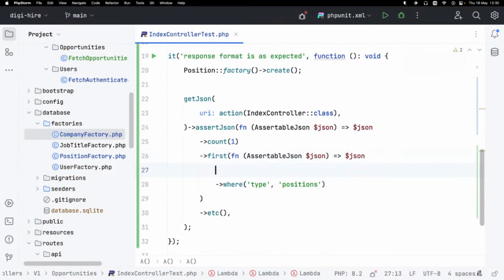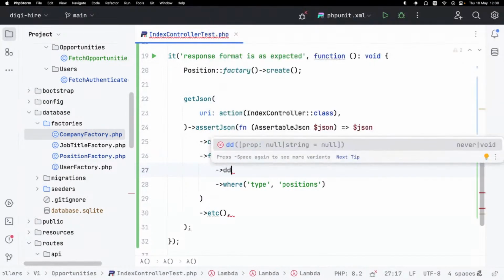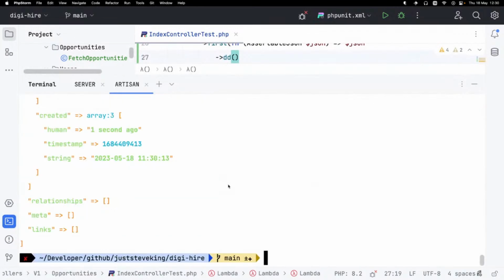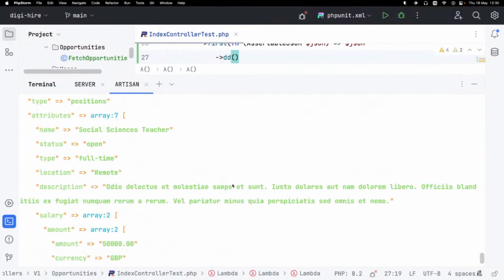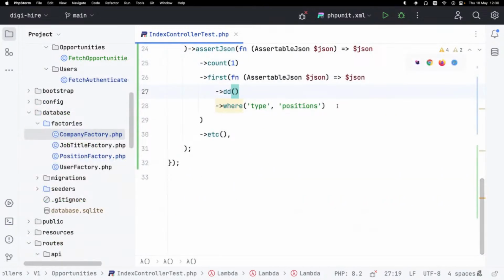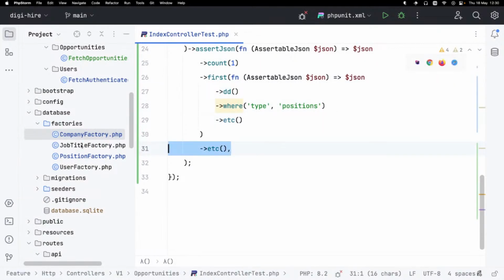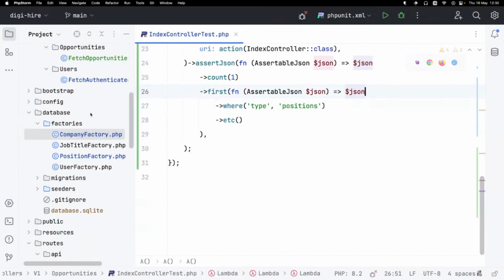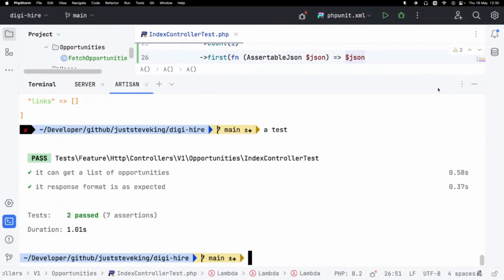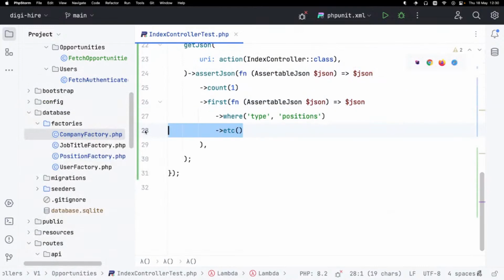Okay, let's try and dump quickly. What are we actually getting back before I dive too deeply into it? Frequency, salary, type, positions. Let's have a look. Now we're looking good. But etc. was in the wrong place. So positions,